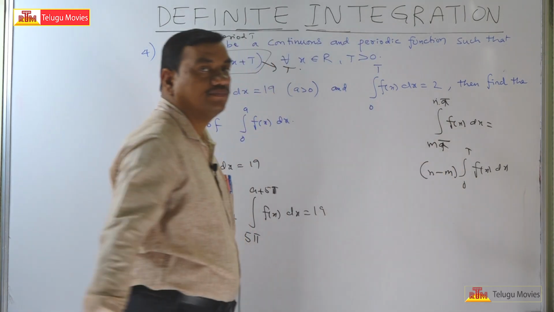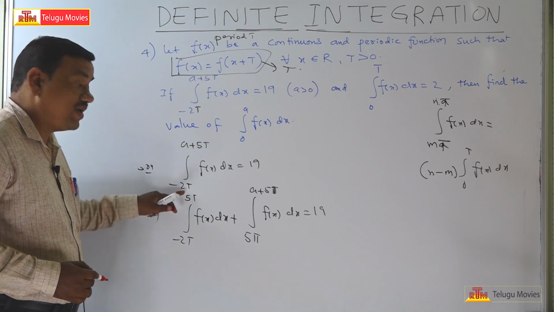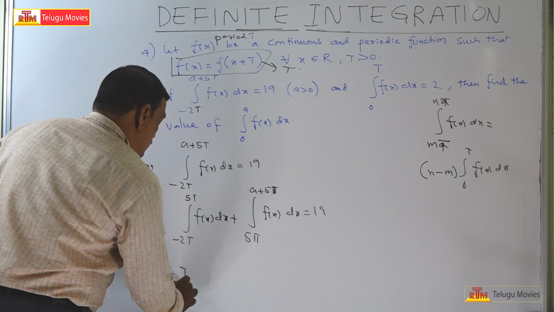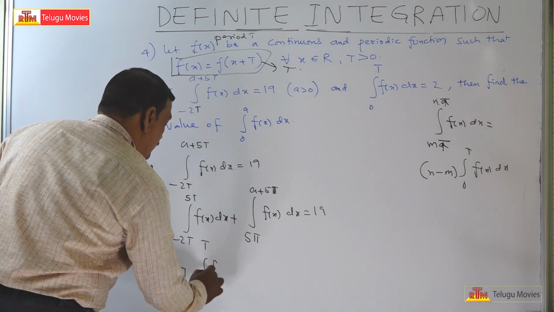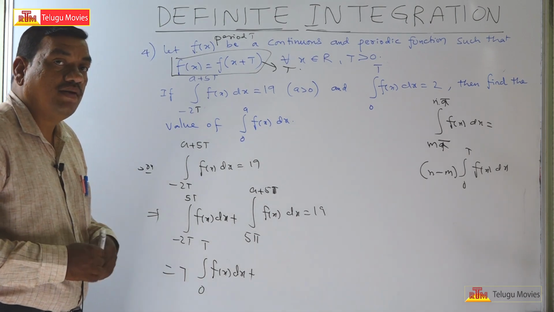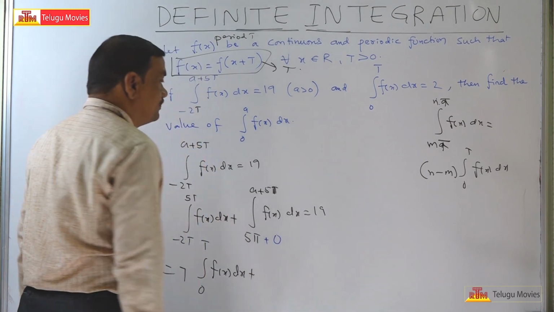Here 5 minus of minus 2 is plus 2, so 5 plus 2 is 7. This is equal to 7 into the integral from 0 to T of f of x dx, plus, using one more property,